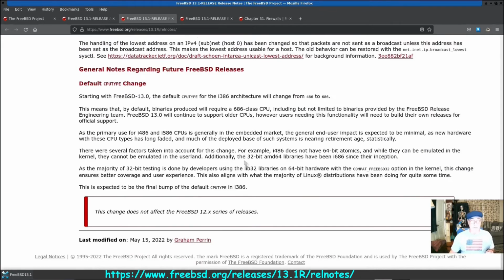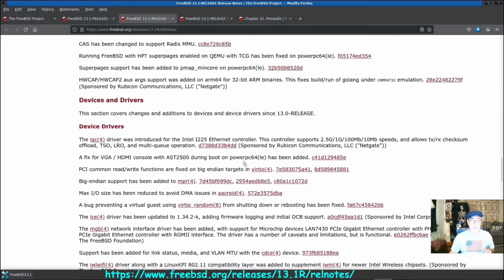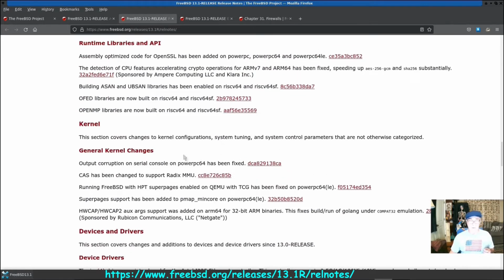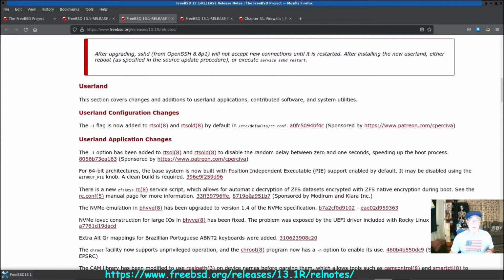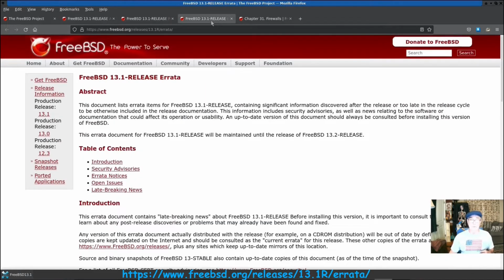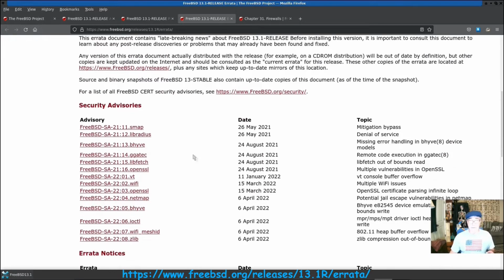That was something I wanted to point out here. Some kernel updates, I believe. Kernel output corruption. So some additions to the kernel, super pages enabled on QEMU. And that second link here, that's going to open up the errata data, and you can read through here,